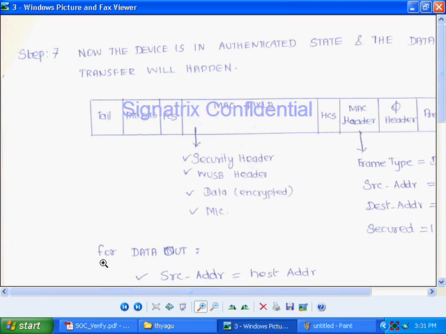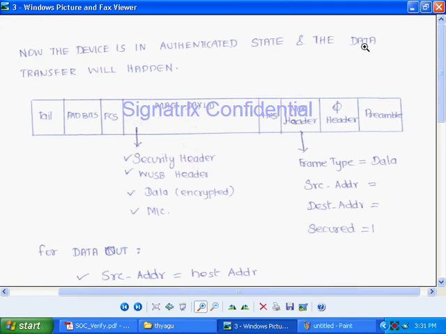After that, what will happen? Now the device is in authenticated state. The data transfer will happen. Now the data transfer will start. Now the USB flow will start. First the host will do the enumeration, standard device enumeration, device interface configuration enumeration and all. Then it will assign an address between 0 to 127. So up to the sixth step, the device will have the unauthenticated device address range. So after this only,